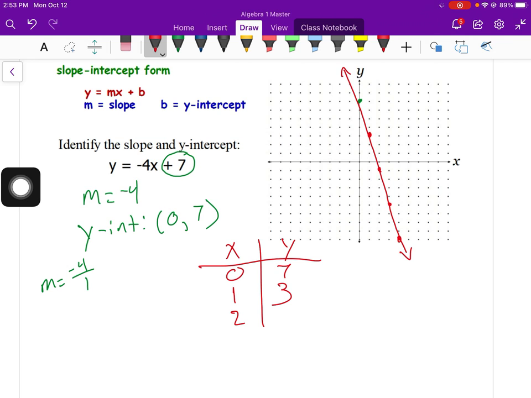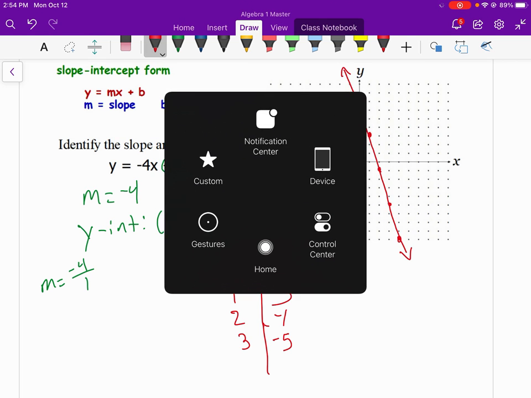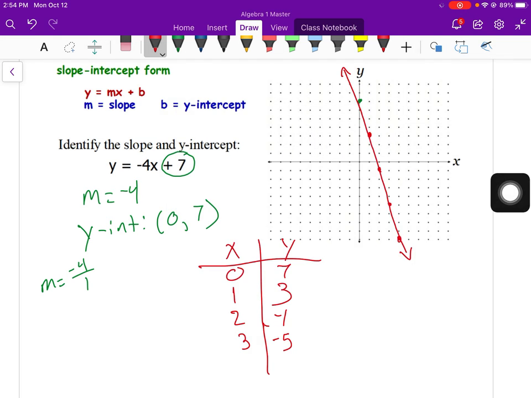2 times negative 4 is negative 8, plus 7 is negative 1. So from the origin, 2 to the right, down 1 is that second red dot. If I plug in 3, that would be negative 12 plus 7, which is negative 5. So that's going to be,